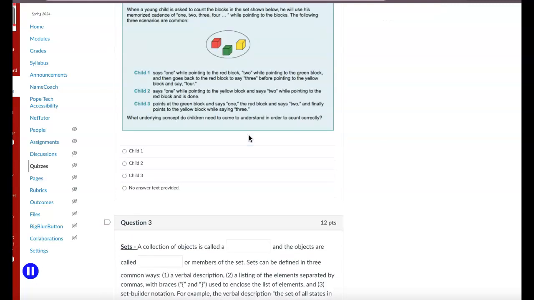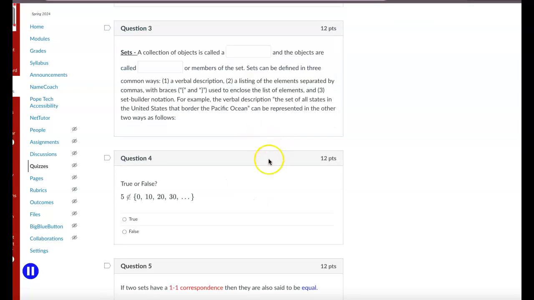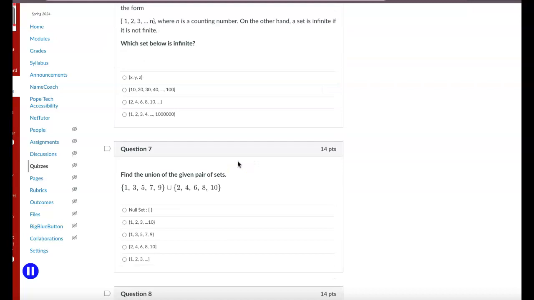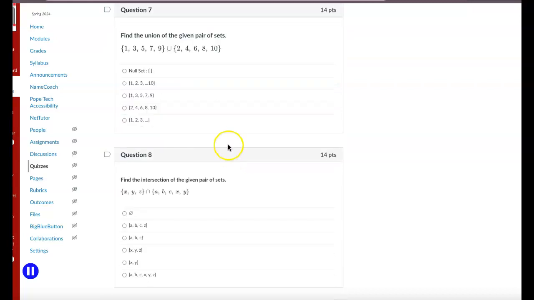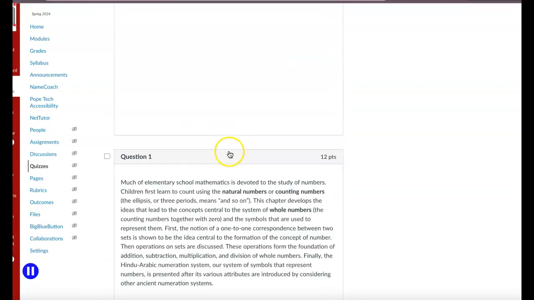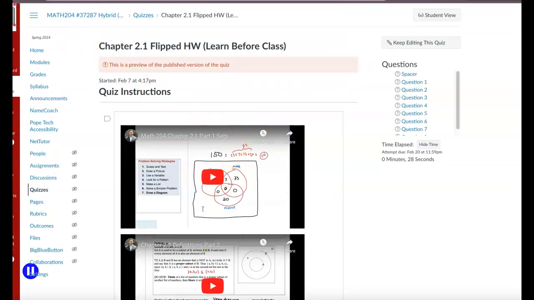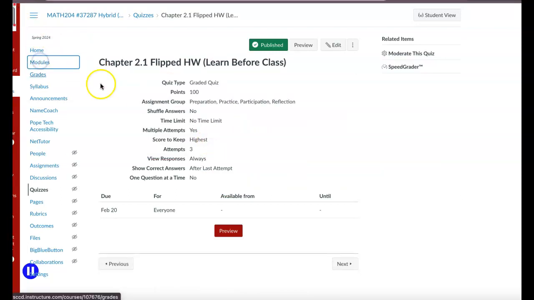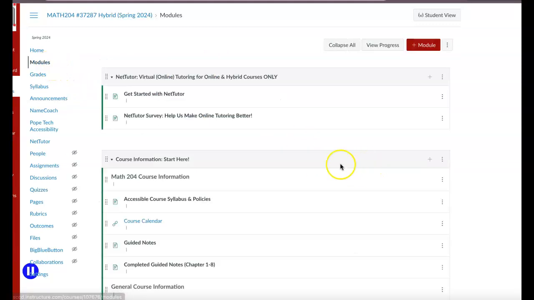And then just a few questions. There's really just a quick check making sure you went through the videos or you're able to answer some of the basic ideas so that when you come to class, and you will take this and you can take it again if you don't get the questions right. It really is just a quick assessment for you to check to see that you understood the material. So those are our flipped homework, learn before class, or what I call the video homework assignments that you'll do